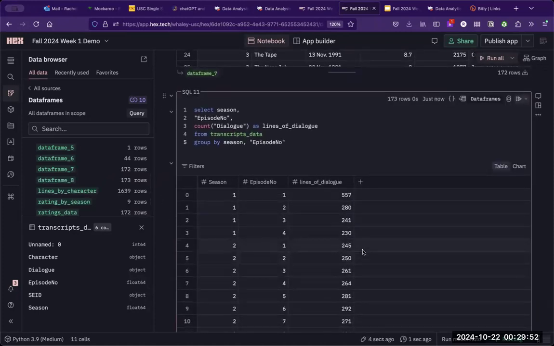Okay. And then I'm going to get this little summary. It's going to have season, episode number, lines of dialogue. And I can see in my summary that it spit out 173 rows. That's about the number I was expecting, right? Because I know my ratings data has 172. So there might be some data cleanliness issue where there's 1 extra row in this data set, but it's pretty